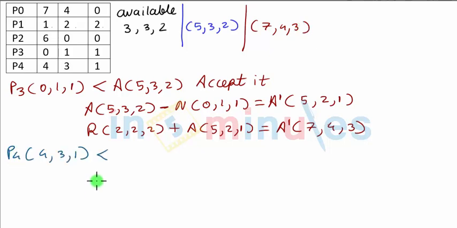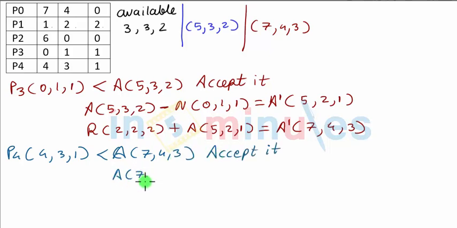P4 needs 4,3,1, which is much lesser than the current available of 7,4,3. Hence we would accept it. So available 7,4,3 minus the need, which was 4,3,1, makes the new available,